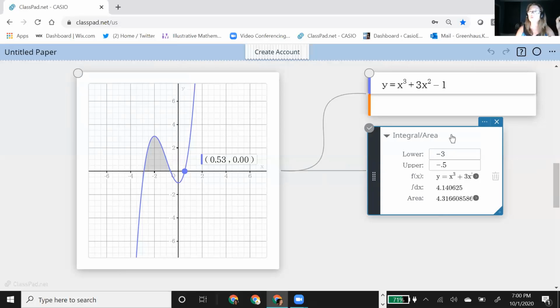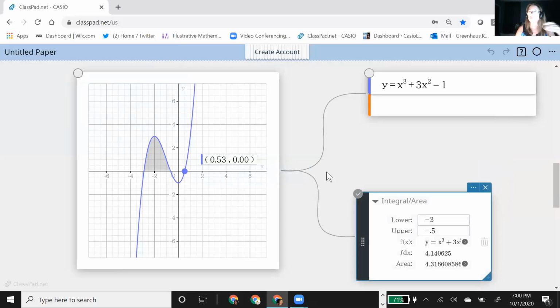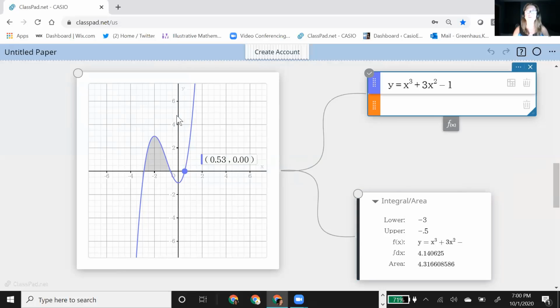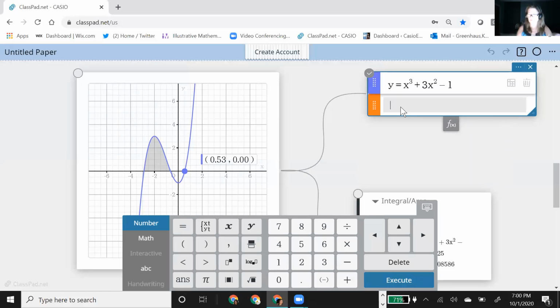But you can also use variables to make this dynamic, where you can move the integral and explore different areas by using sliders. So to do that, we need to actually control it. If you think about it, what is the lower and upper bound? They're really x values, right? So I need to basically create variables to represent the x lower bound and the x upper bound. And I'm going to plot them as a function. And that's just a vertical line, basically.